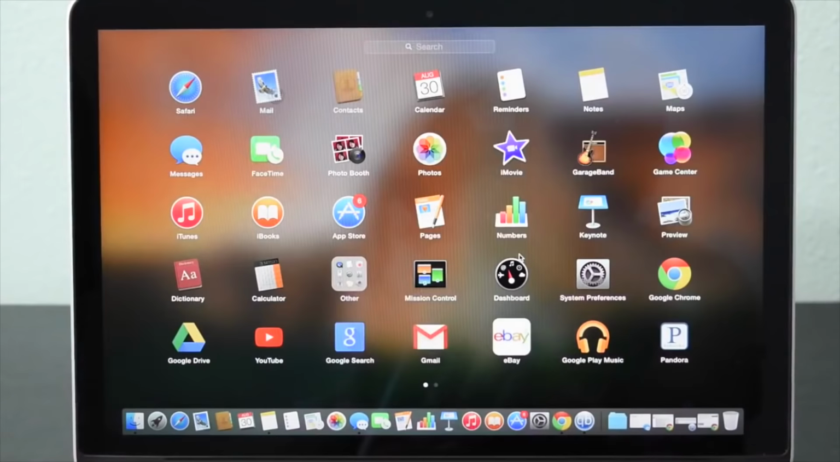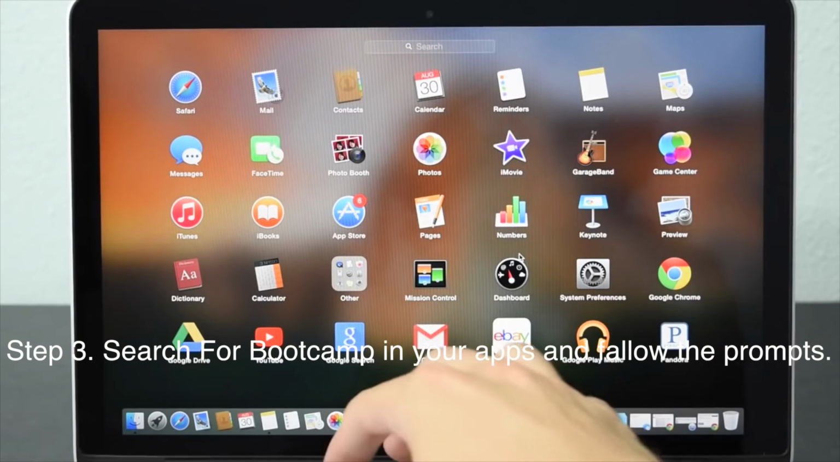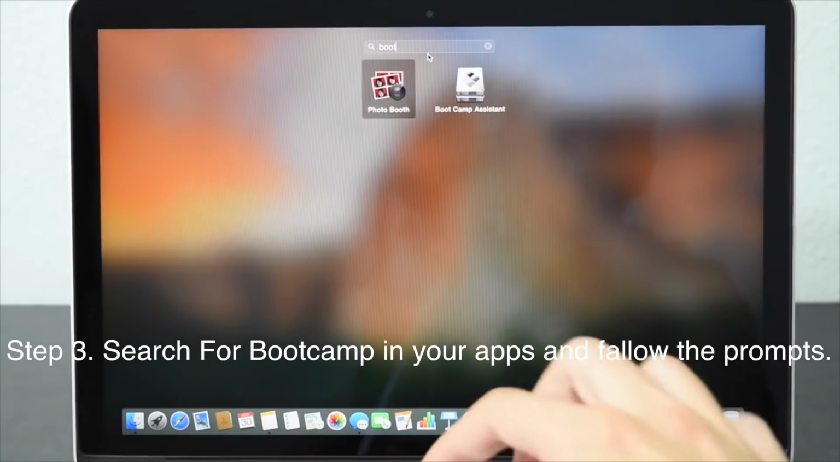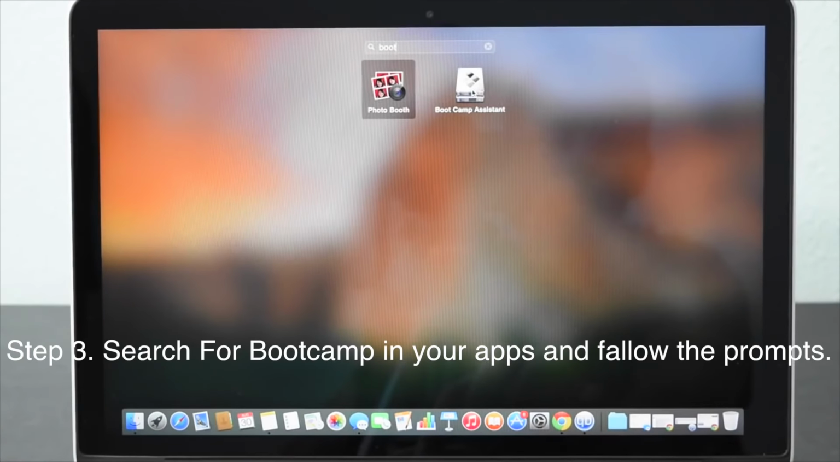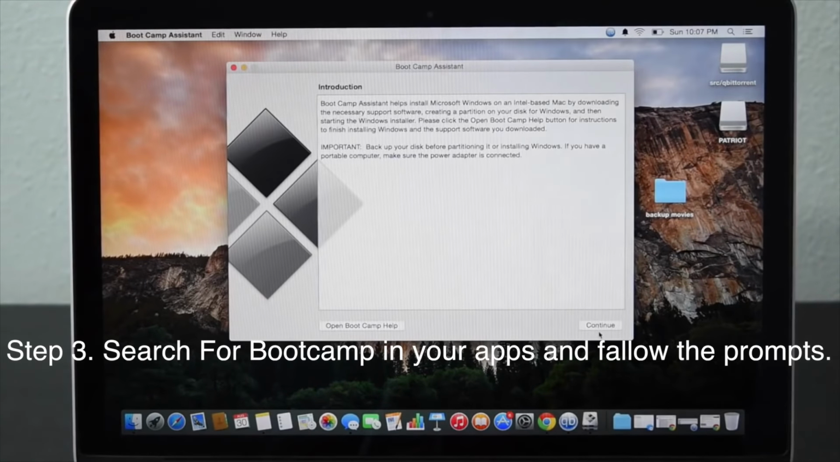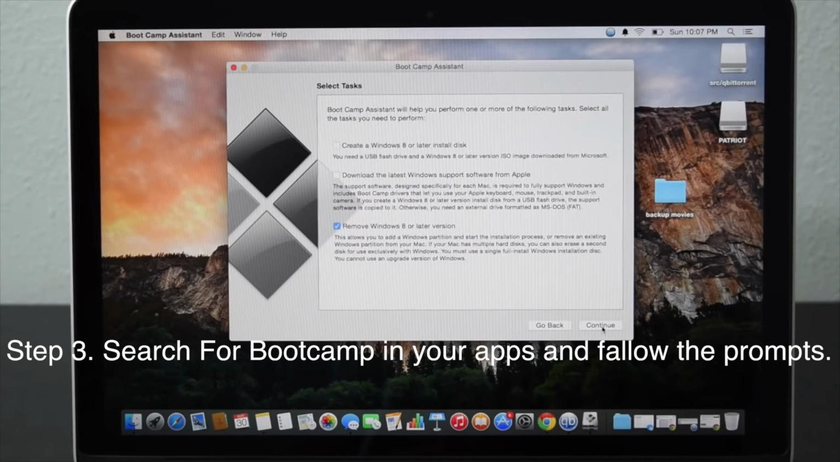Go ahead, access your applications by pressing the F4 key over here. Search for Boot Camp, type in boot, click on Boot Camp Assistant, and basically just click next on pretty much all these prompts here,